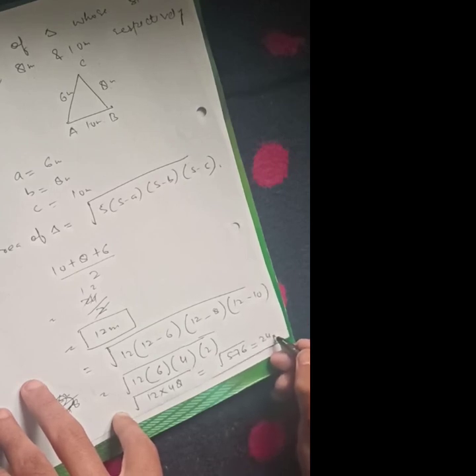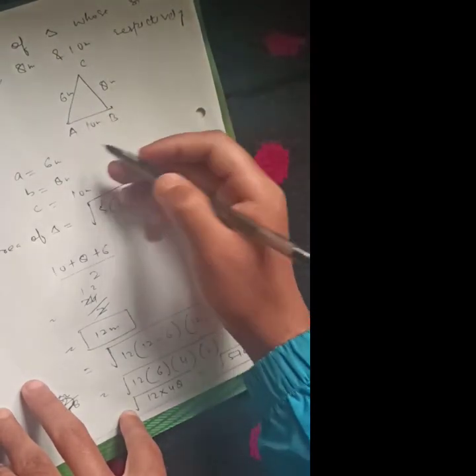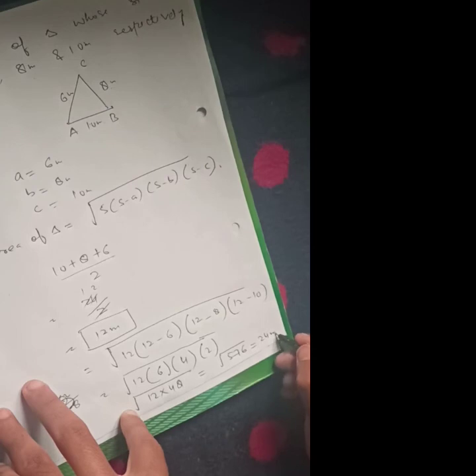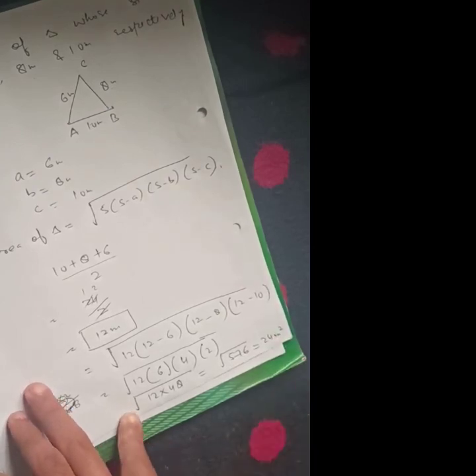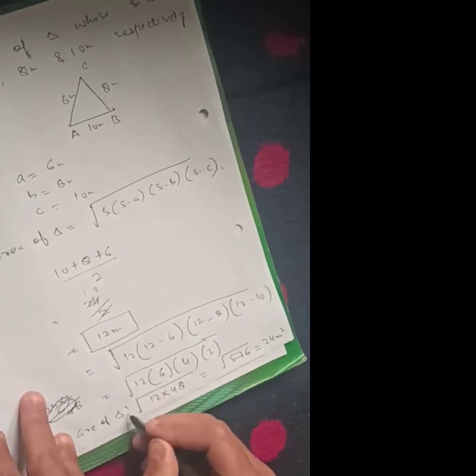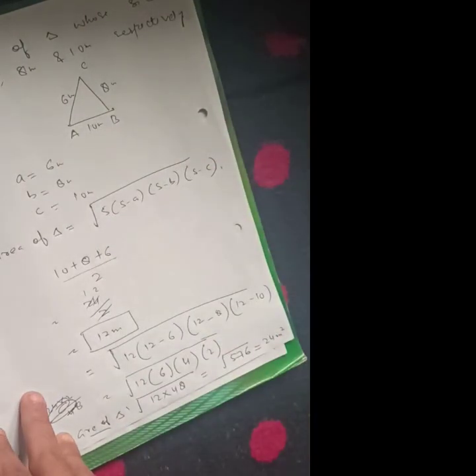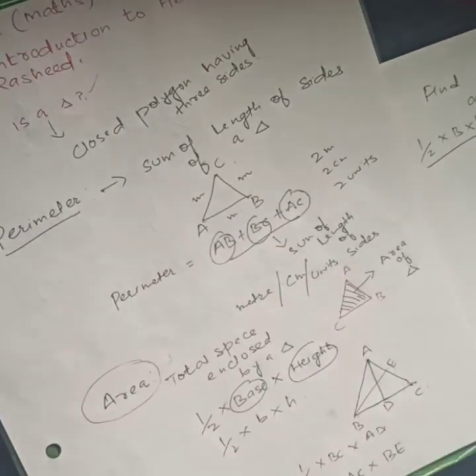So 24 यूनिट क्या लगाएंगे? ये एरिया है. सो एरिया का यूनिट क्या होता है? साइड्स आर गिवन इन मीटर्स, सो द एरिया विल बी इन मीटर स्क्वायर. सो 24 मीटर स्क्वायर is the area of the triangle, of this triangle. So 24 meter square is the area of this triangle. This was all about Heron's formula.